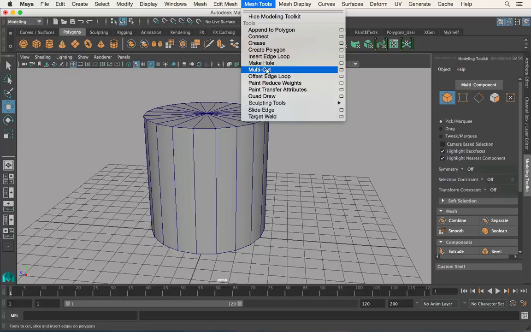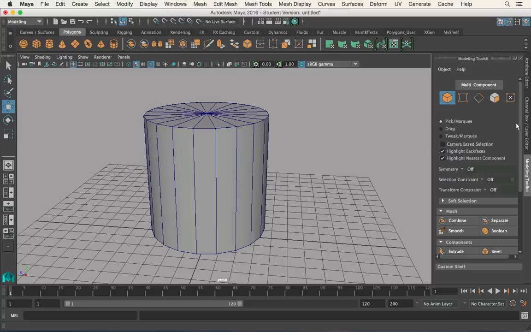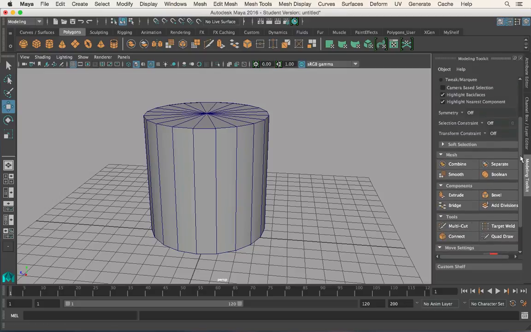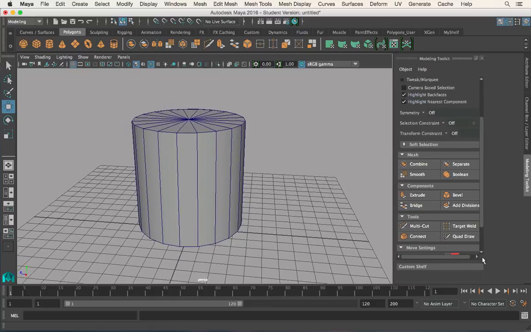There are also tools like the split polygon tool, or that is no longer there, and tools like the target weld tool that is introduced new this year in Maya. In the modeling toolkit, you'll notice some of the most commonly used tools are here for your disposal. So it's kind of like a quick hotkey of custom tools, and you can also add to that later on